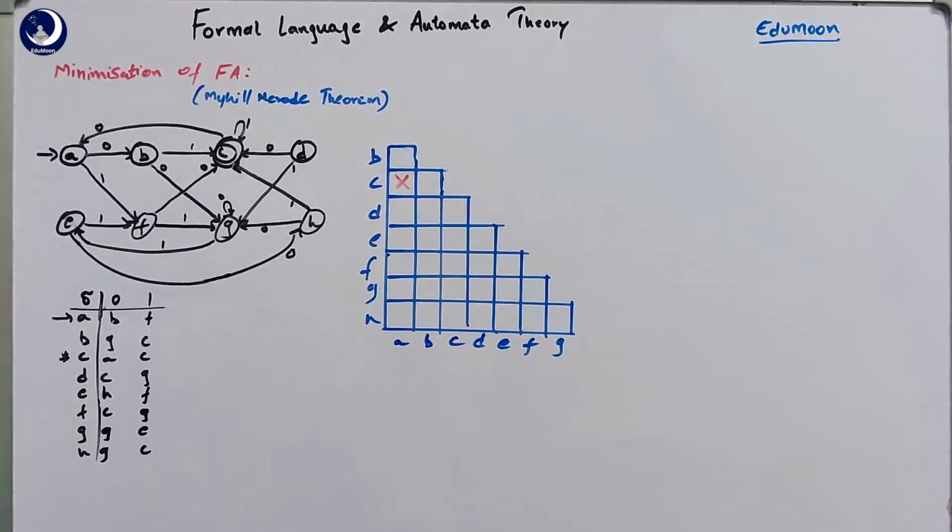So simply mark with an X there, AC. And now comparing to the other one, B and C, the block BC, B already has a direct path to C. So B on 1 goes to C directly. So you can mark BC and so on.